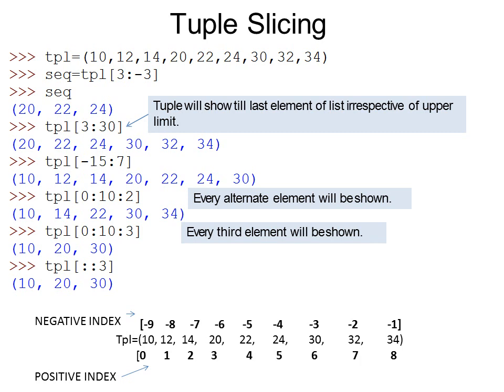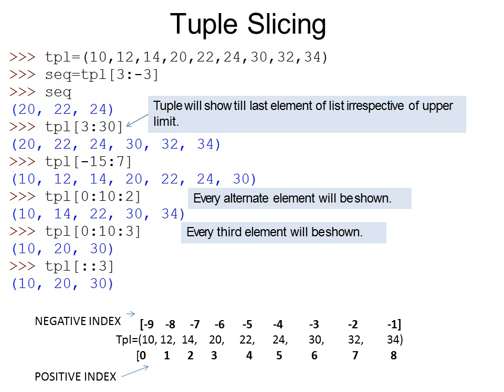I'll be skipping two values, so I'll be starting with index 0, I'll skip index value 1 and index value 2. I'll display the value at index 3. That means after 10 comes 20 directly. Again I'll skip index value 4 and 5. Then I'll display the value at index 6. That means 30. Again I have to skip 2 values, but there is nothing after that, so the last value will be 30.